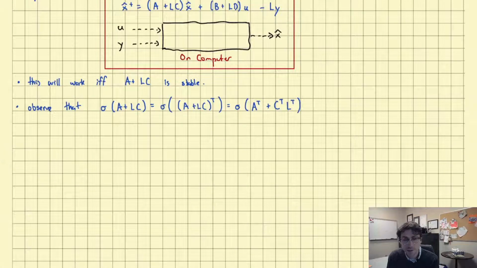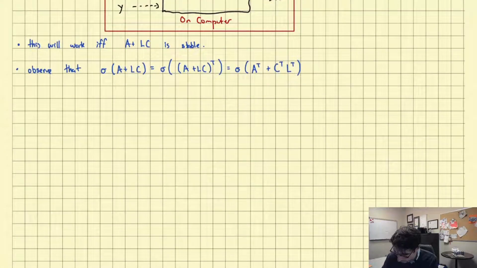Okay, but now this kind of looks like the sort of problem we were looking at before yesterday. We have some square matrix plus some generally tall matrix times an unknown gain. And we want to choose that unknown gain so that the matrix has all its eigenvalues less than 1. This is exactly the problem we solved last time. So by our results on controllability, in particular on the results of the stabilization problem,